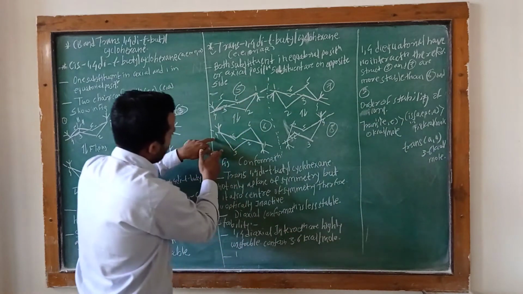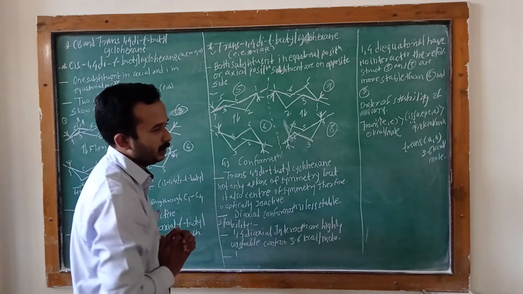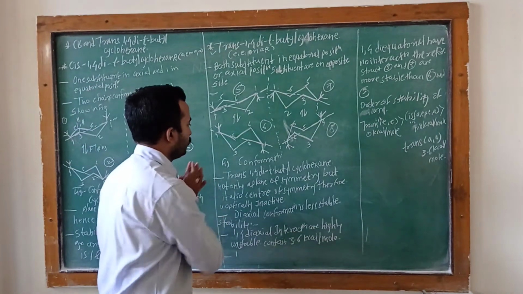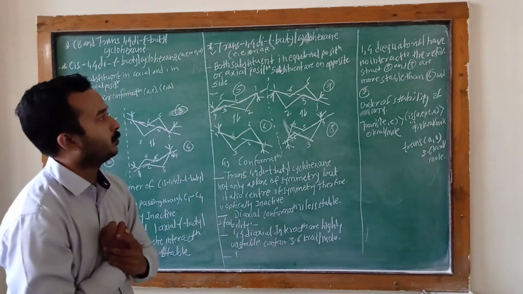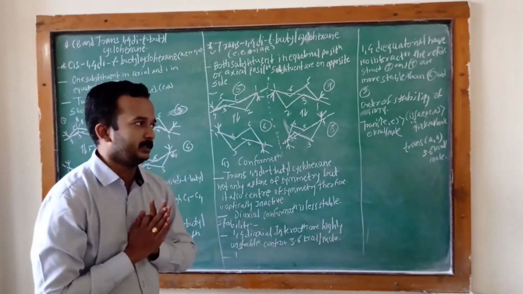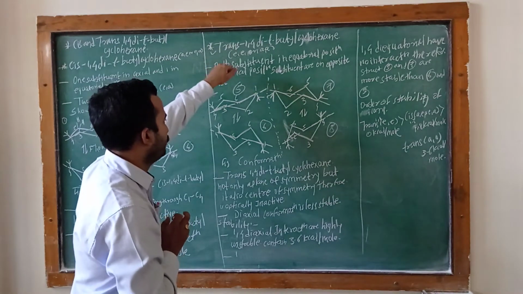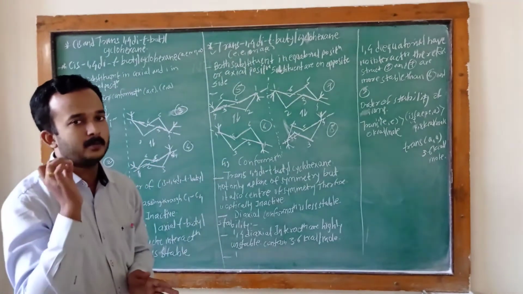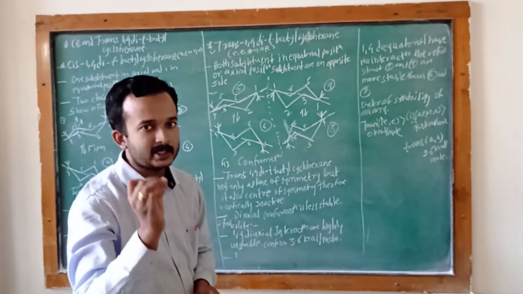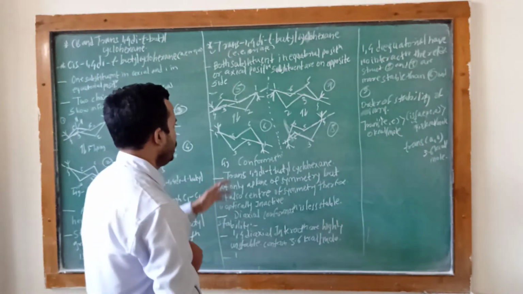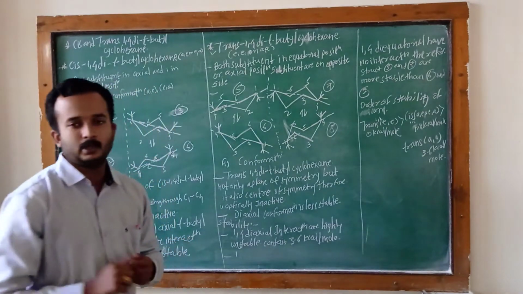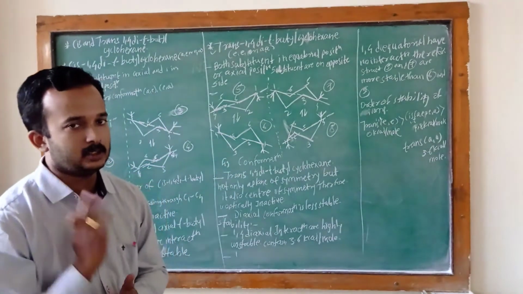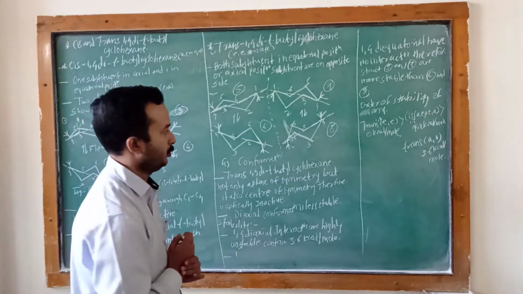Okay, therefore in the fifth structure, the 1 and 4 positions show the tertiary butyl group in equatorial position, therefore we have to flip them. Okay, we have to flip them and it forms the 1,4 positions showing the tertiary butyl group in axial position. Okay, this is the conformation of the trans 1,4 ditertiary butyl cyclohexane. Okay, therefore this is the fifth and seventh structure.